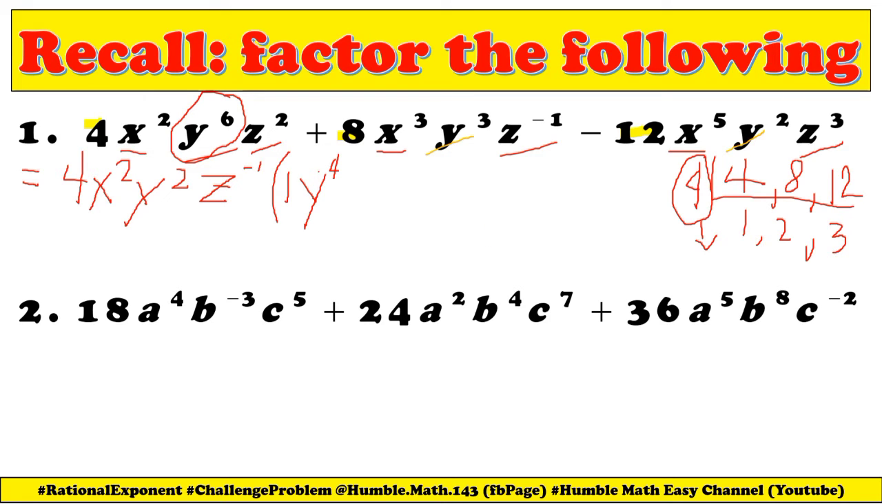Okay, and so for the z, we have 2 minus negative 1. So what is 2 minus negative 1? We have here 2 plus 1, which is equivalent to 3. So therefore now here in z we have